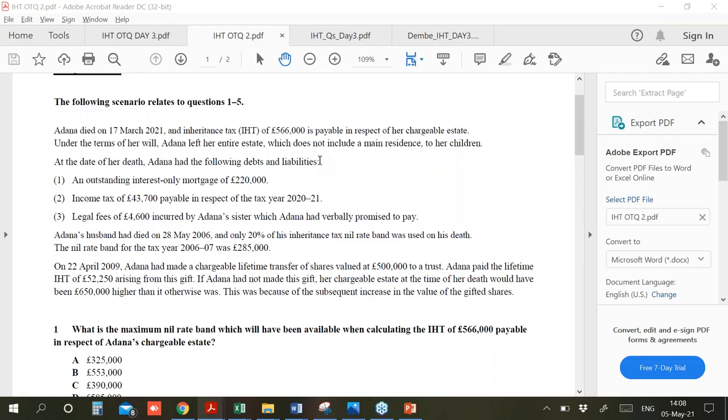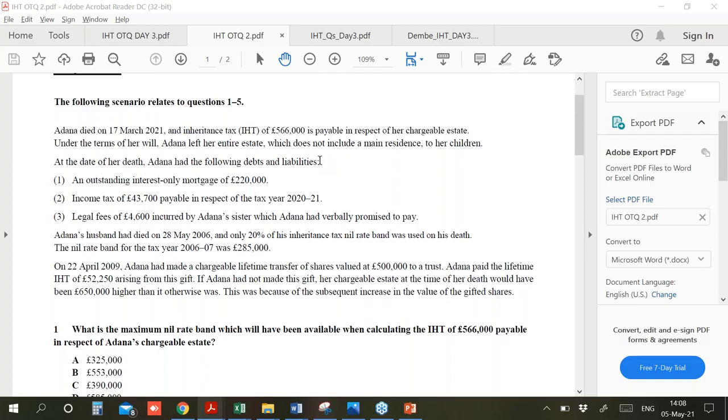The only type of mortgage that you cannot deduct is an endowment mortgage. And why is that? Guys, an endowment mortgage is a type of mortgage where, if the person dies, the insurance company will pay the outstanding mortgage instead of that person. That is why HMRC does not allow it, because the person who is inheriting the property will not have to pay any mortgage on that. However, in all other mortgages, the person who is getting the property will pay the remaining mortgage. That is why HMRC allows the person who has died to deduct the mortgage amount out of their assets, because the remaining is not their asset.